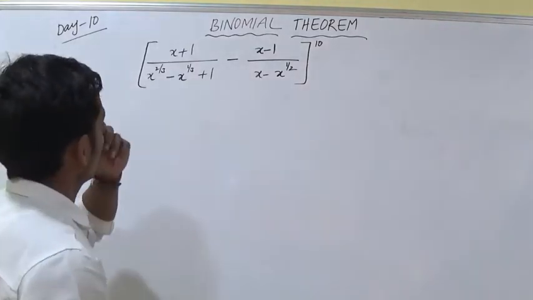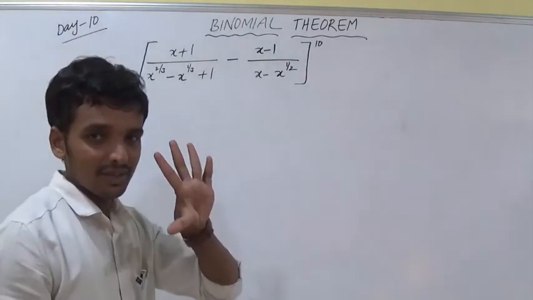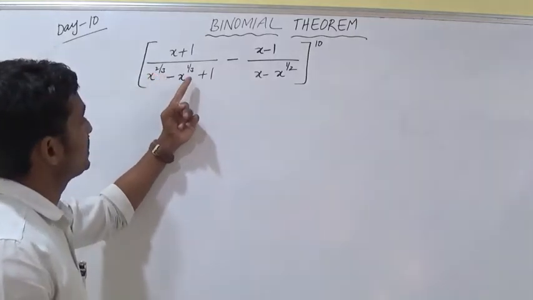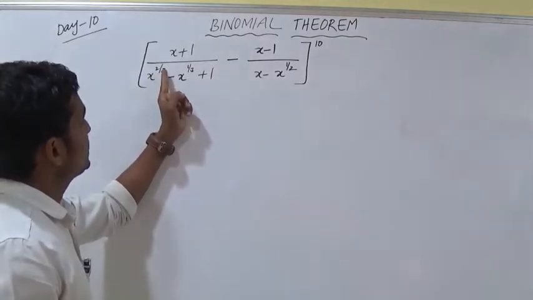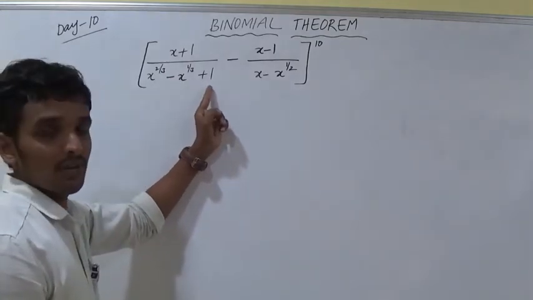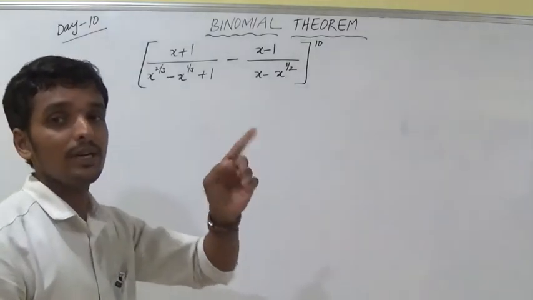How is it? If you observe, did you get any thoughts? You have to get the thoughts. The denominator is in the form of x to the power of 2 by 3, 1 by 3. So this is a square minus ab plus b square. Where do we use a square minus ab plus b square? In the formula a cube plus b cube.